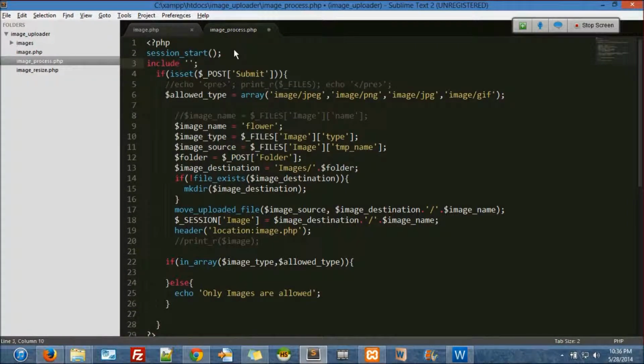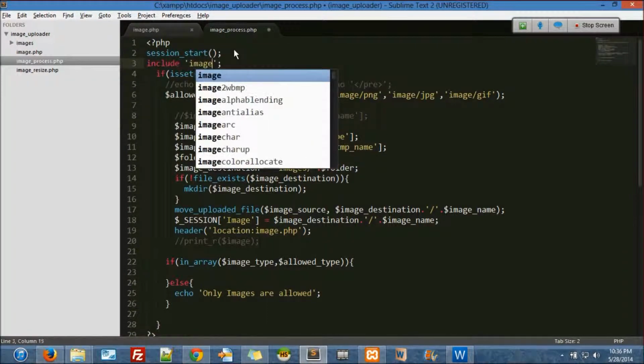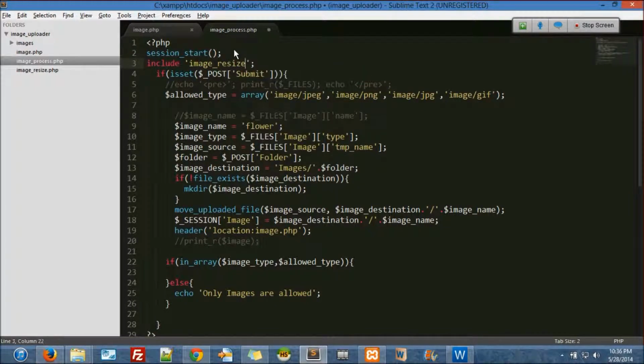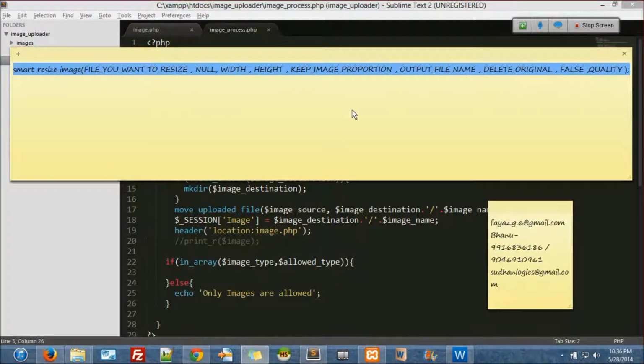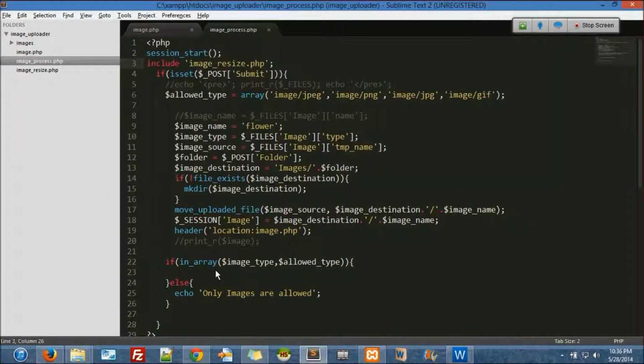I have to include it. What is this thing doing here? Oh, everything should go inside this.